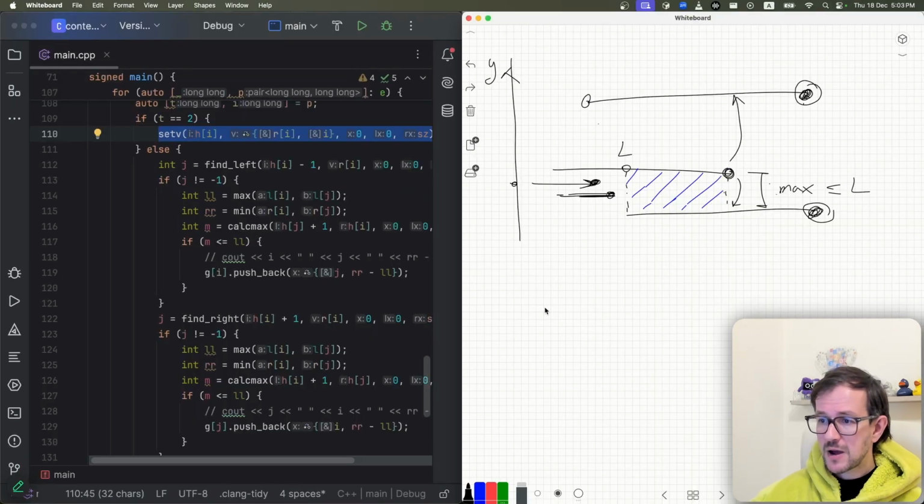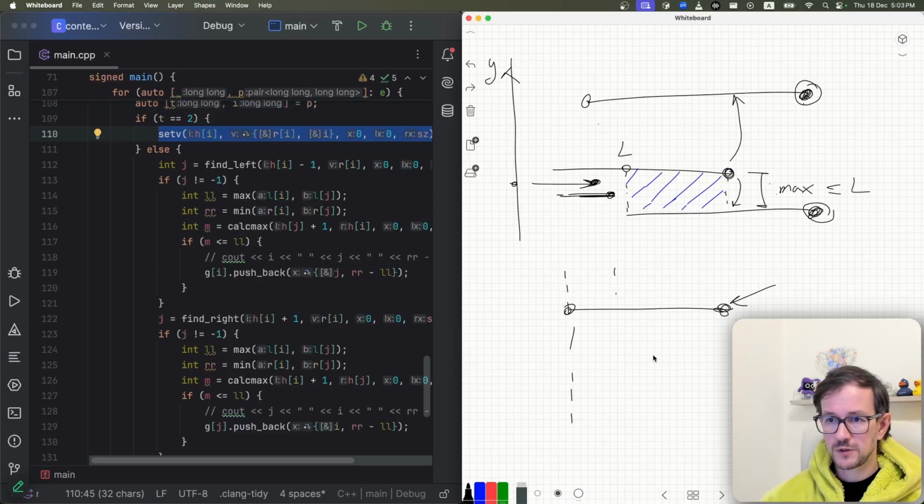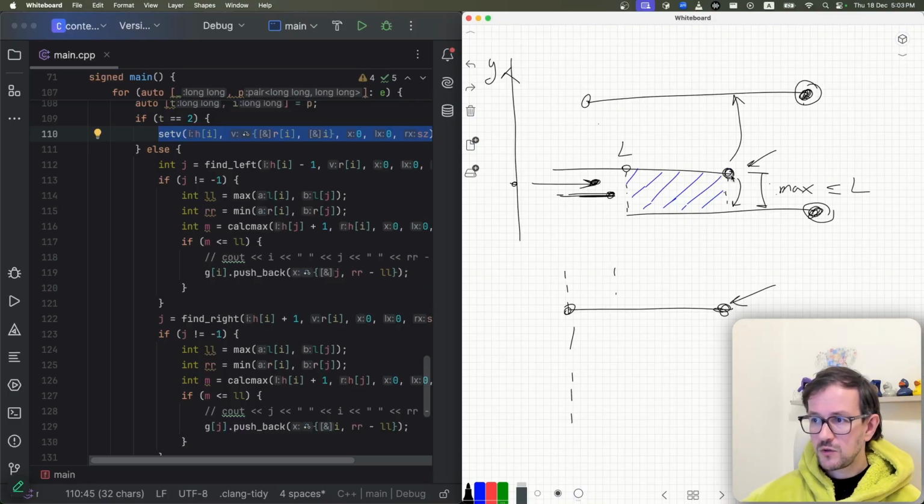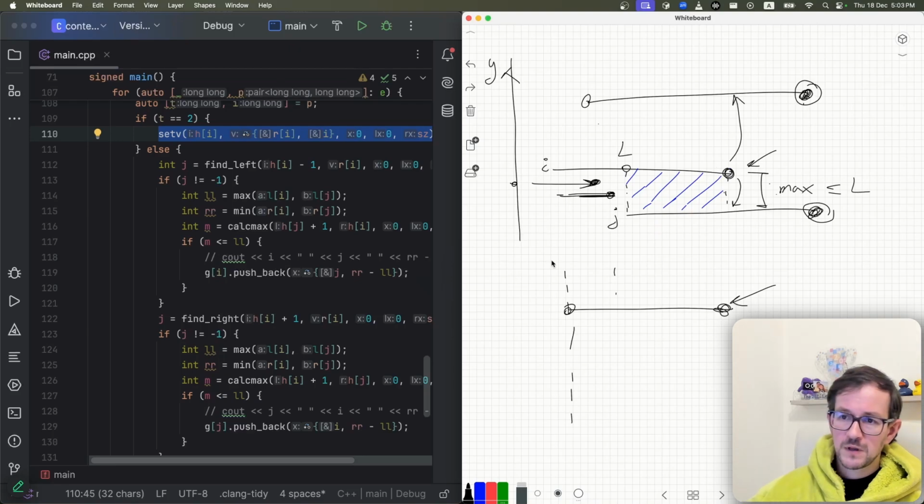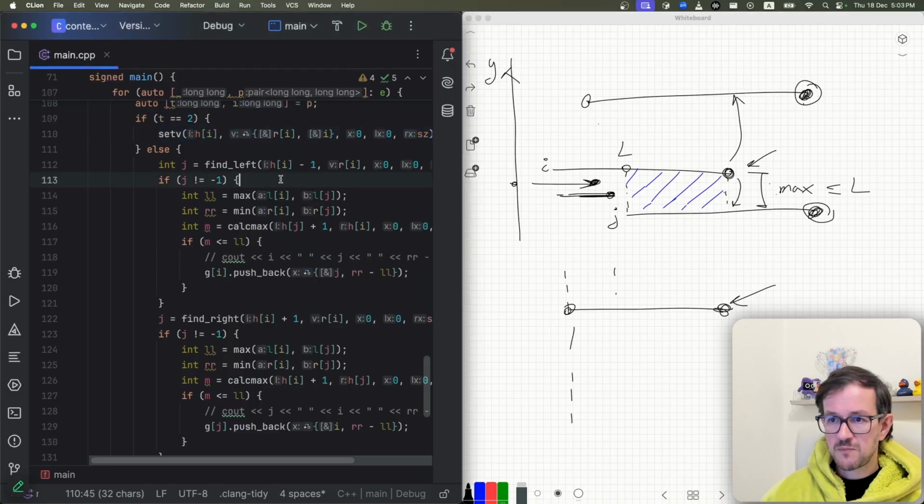So every time I go left to right, when my sweep line touches the left part of the segment, I put this value into my segment tree. So every time I'm here, I know that I have a panel which sticks up to this point. When I see the right point here, this panel will be J. So I find the closest panel which sticks at least to my point,